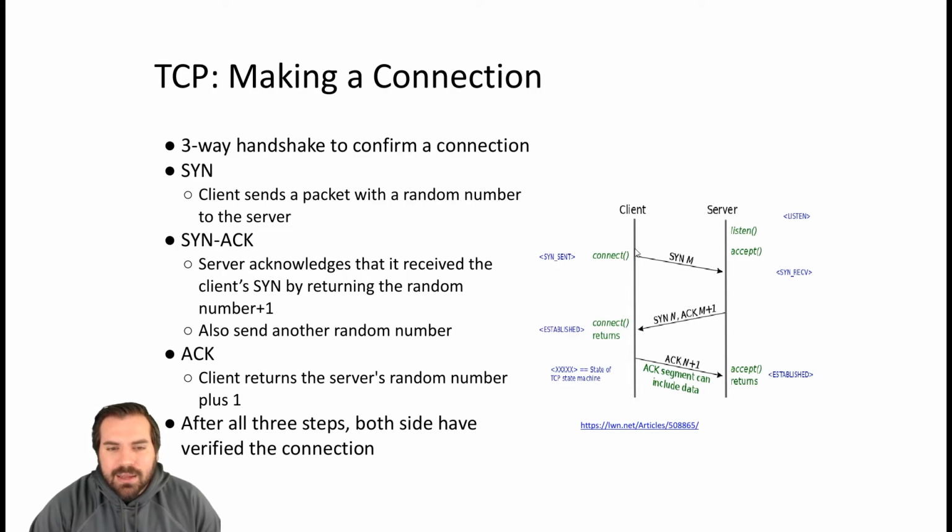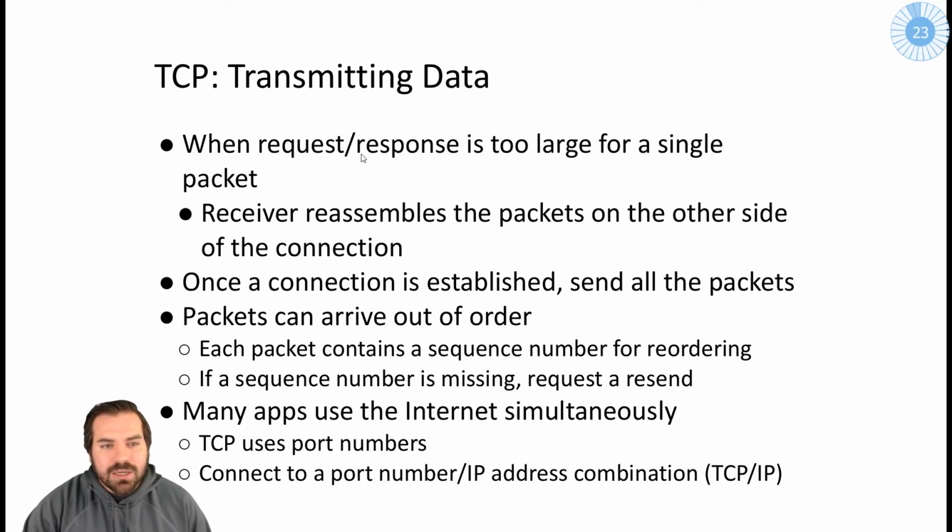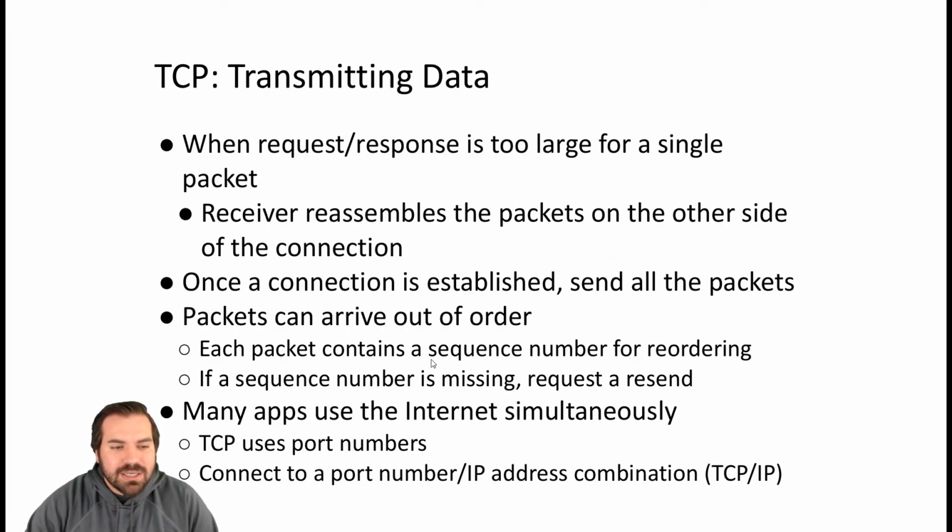So when a client, like a browser, wants to connect to a web server, it's going to send a SYN message. The server is going to respond with its own SYN message and an acknowledgement that it received the SYN message and speaks TCP. And then the client responds with the same acknowledgement, hey, I also speak TCP. And then once that connection is established through this three-way handshake and the client and server both agree that they're speaking TCP properly, then they can start communicating over a TCP connection, which, among other things, gives us sequence numbers